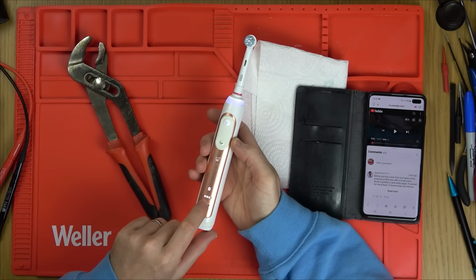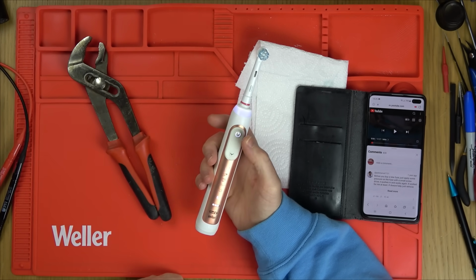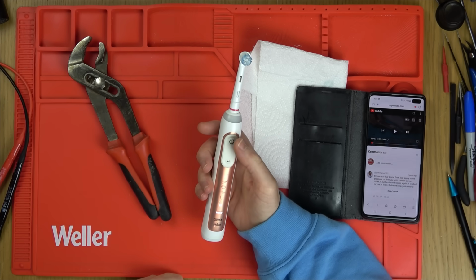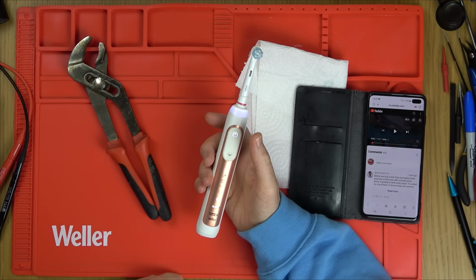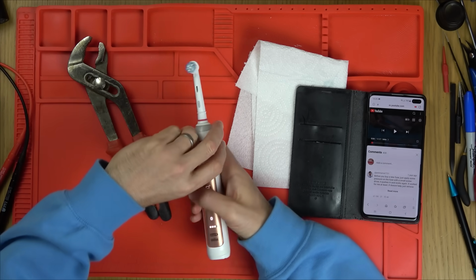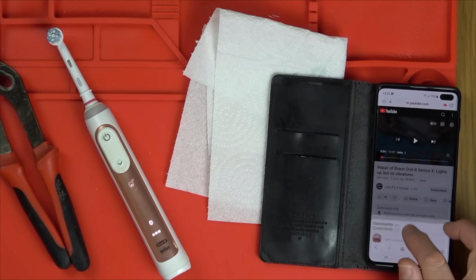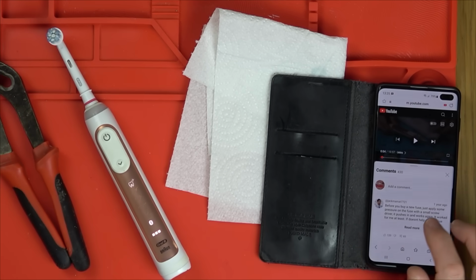It's fully charged. Look at the batteries here. You can see they're fully lit up, but it turns itself off. If you leave it a little bit and turn it on, it gives a bit of life and goes off. Now, because I've already looked at this, I remember a video by Let's Fix It Garage, and the